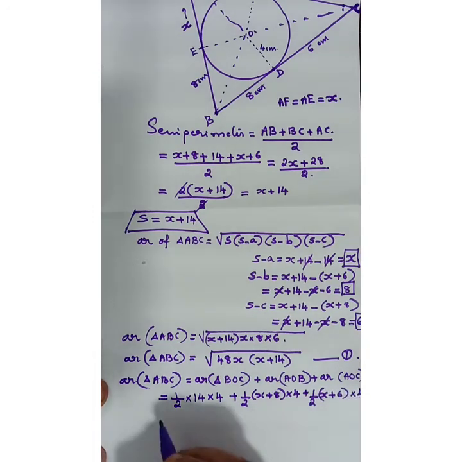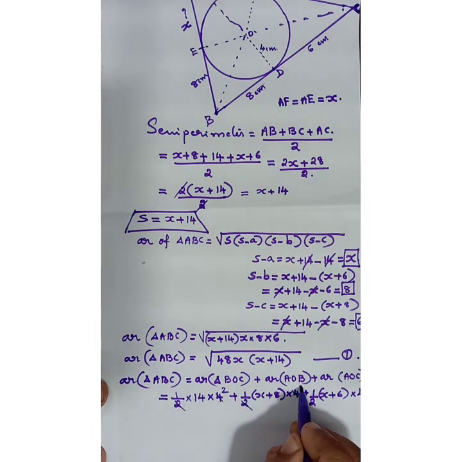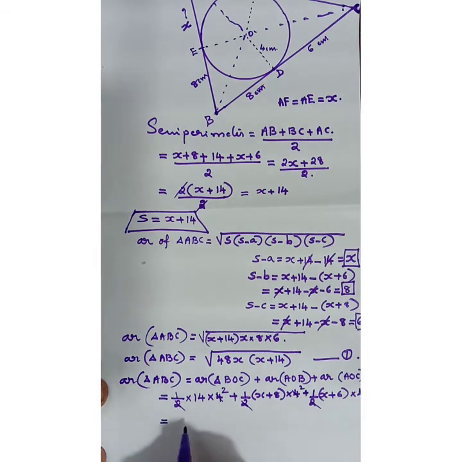Okay, so let us cancel this. We'll get it simplified, 2 here and 2 here also. 14 into 2 is 28, plus 2 times x plus 8 is 2x plus 16,